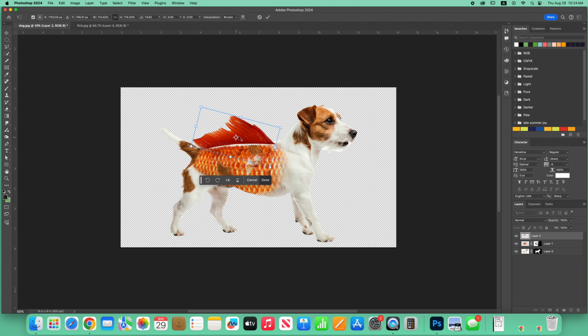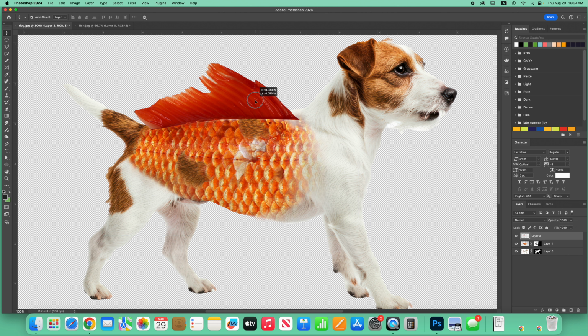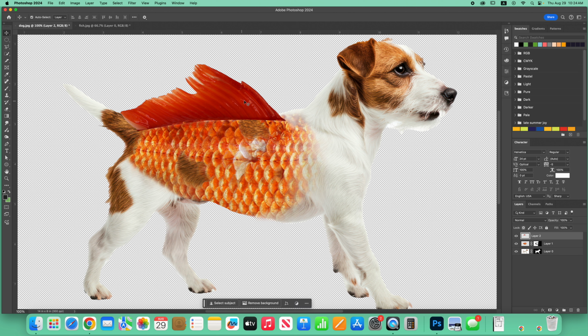Maybe I could scale it up a little bit. But I need to make it fit the shape. So I'm going to work with the mask to work this a little bit. So I'm going to lower my opacity too, so I can kind of see underneath. And this time I'm going to work with just my lasso tool. Why not? To kind of draw along